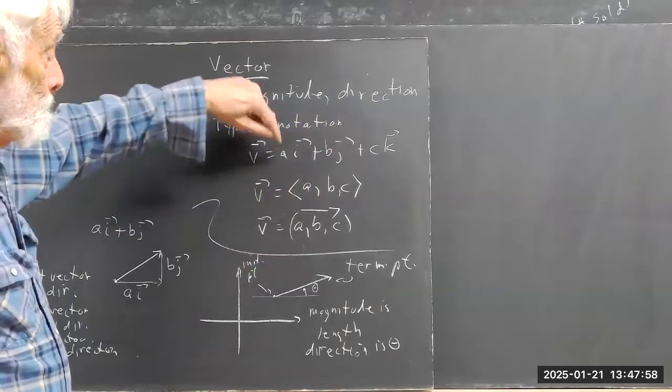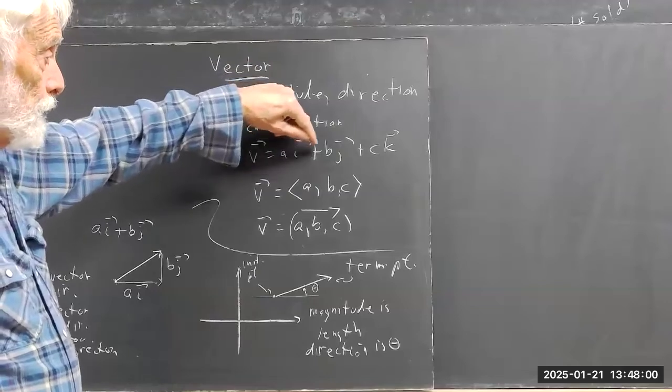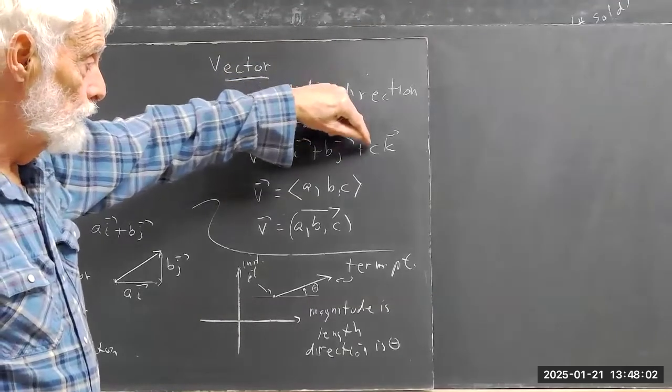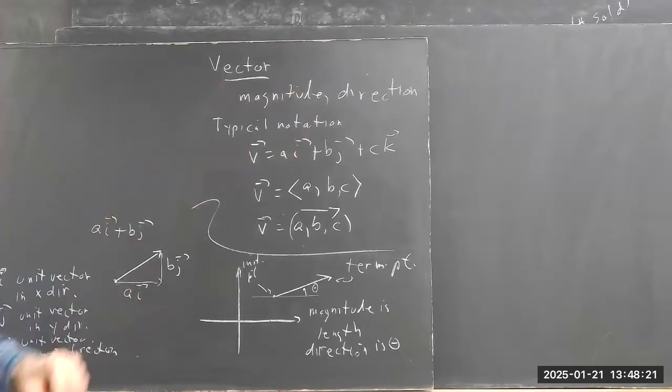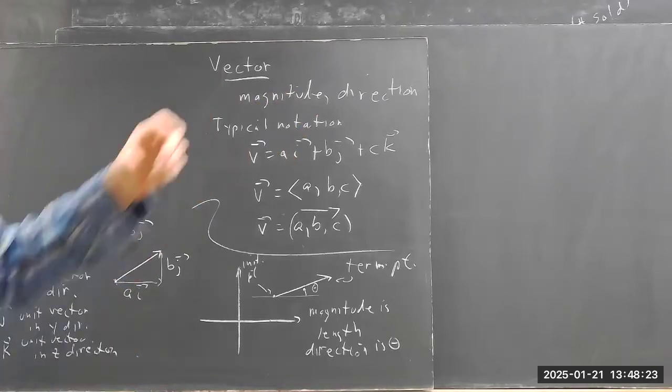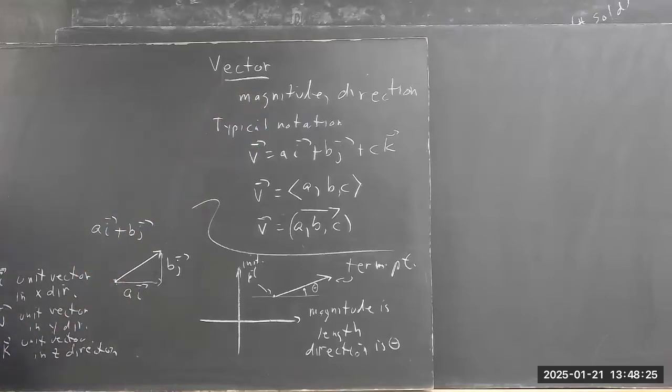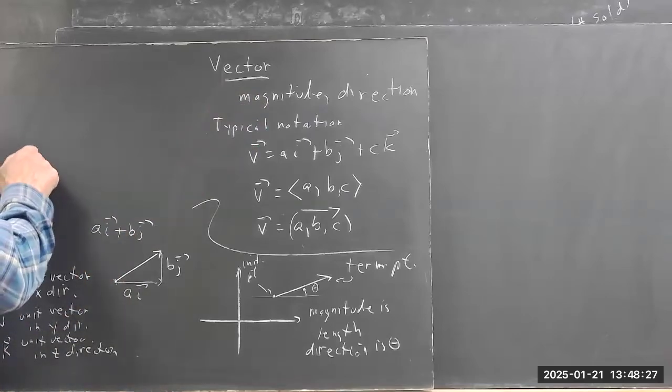So you multiply a by a unit vector in the x direction, b by a unit vector in the y direction, c by a unit vector in the k direction. Now, what do I mean by unit vector? I mean a vector of magnitude 1. It's like 1 unit long. Okay. So if you want to get a vector that's 10 units long, you multiply it by a unit vector in that direction, and you get a vector that's 10 units long. I didn't say that very well, but